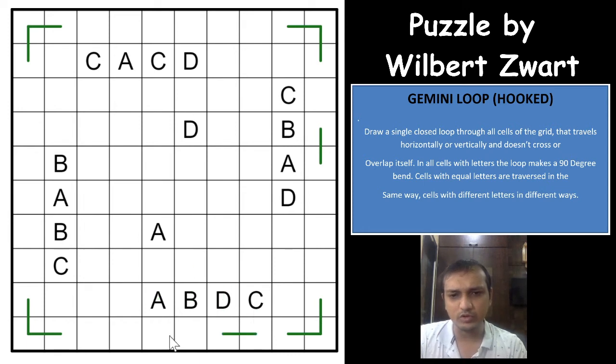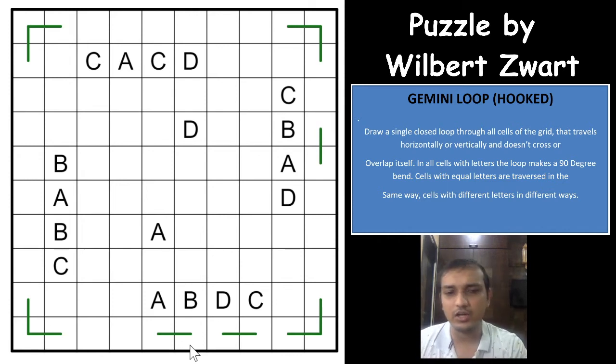In that case, both of these lines will have to be sure. If you don't have a line here, both A and B will go in the same direction in the vertical segment, which is not possible, right? I know this is not very helpful, but I am just letting you know the logic that is used in such kinds of puzzles. You might have such logic in tougher puzzles, right?